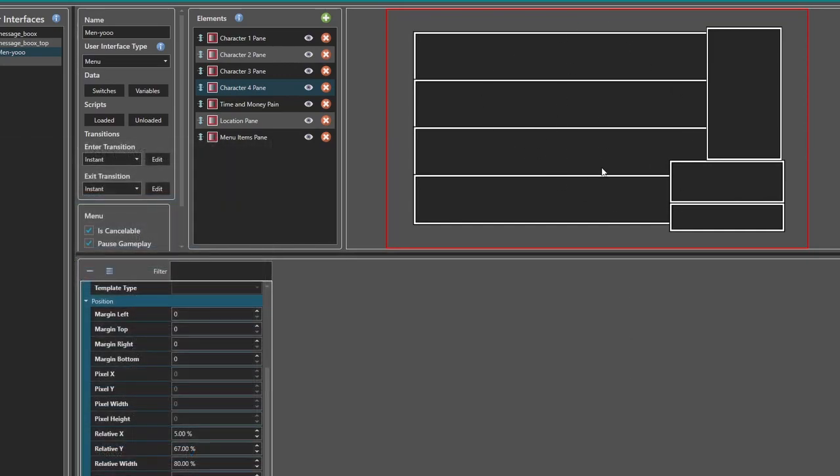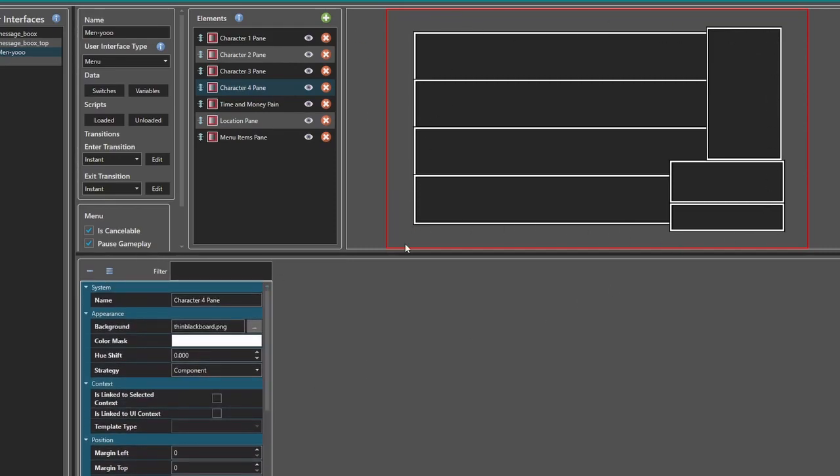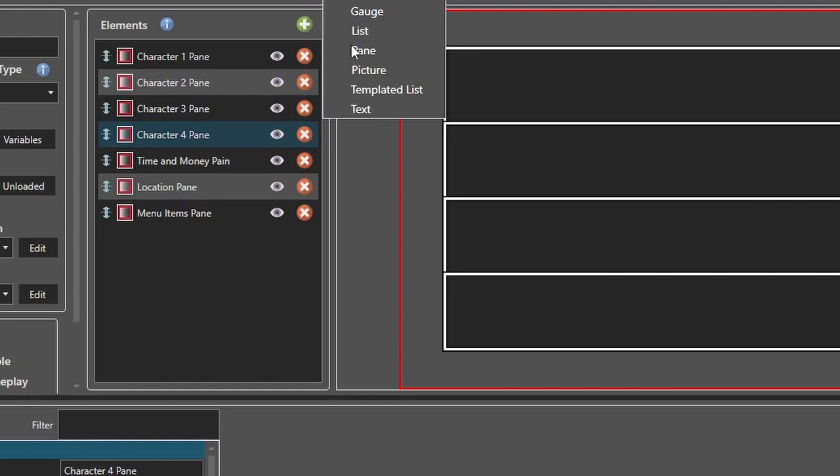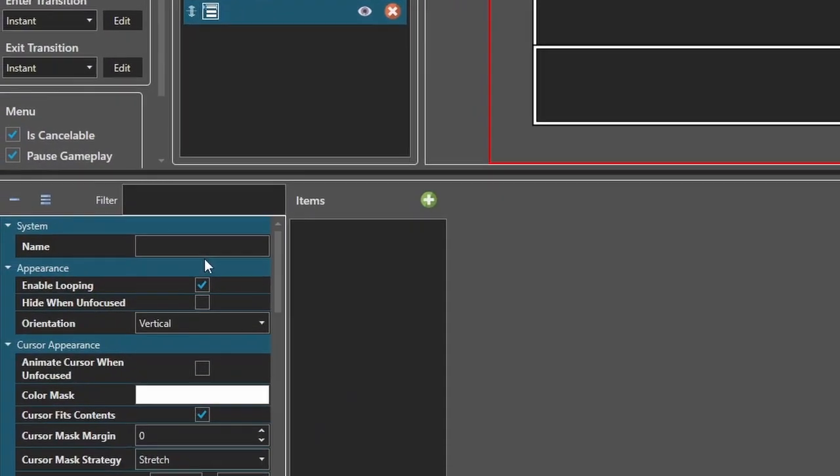Okay, not bad. So this is just a jumping off point, right? It doesn't have to be this way. It probably needs some adjusting here and there, but we have the basic layout for our panes here, right? But we need info in all of them. So what we can do, add another element. Let's start with our list. We're gonna click list. This is gonna be called